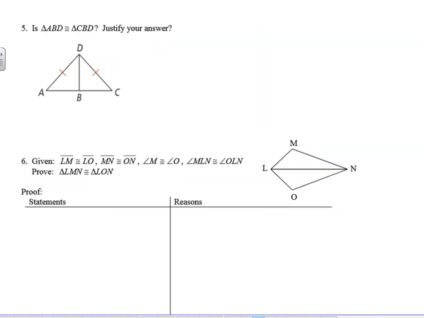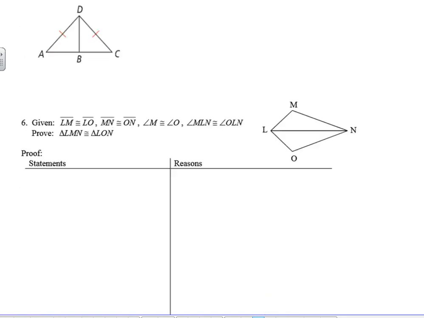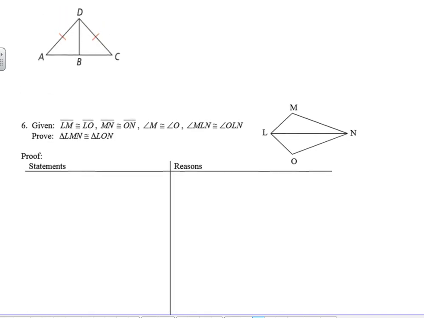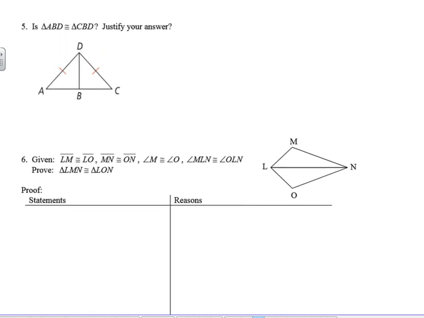Okay, so let's jump ahead to this one. And this will be our last question for the day. All right. Is triangle ABD congruent to triangle CBD? Justify your answer. Well, the reality here is we cannot prove